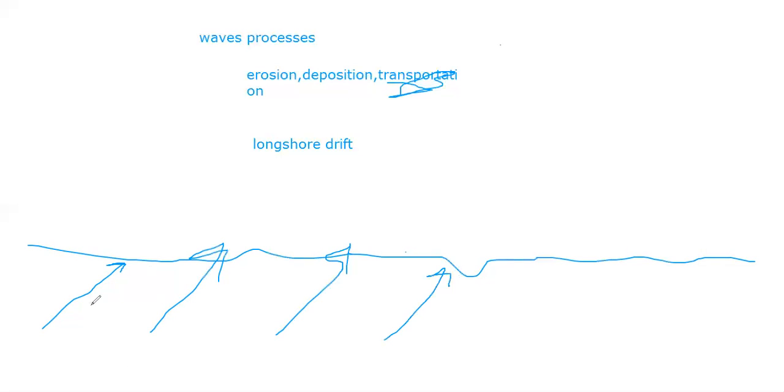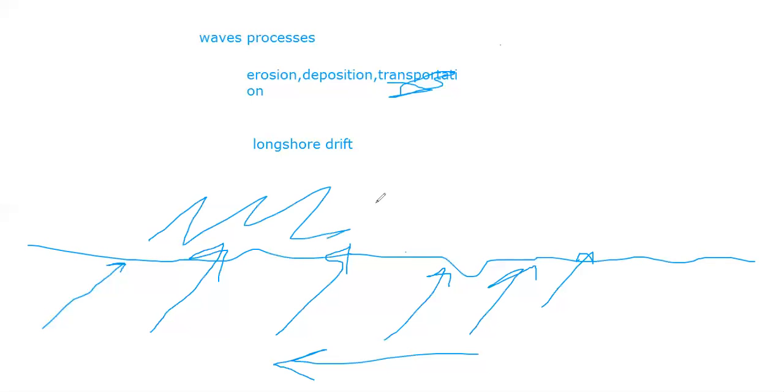It carries materials coming back, going in this zigzag pattern. Often the direction of the longshore drift is normally this way. So it's like it's going like this. But then you have the direction of the longshore drift going this way. So this would be,